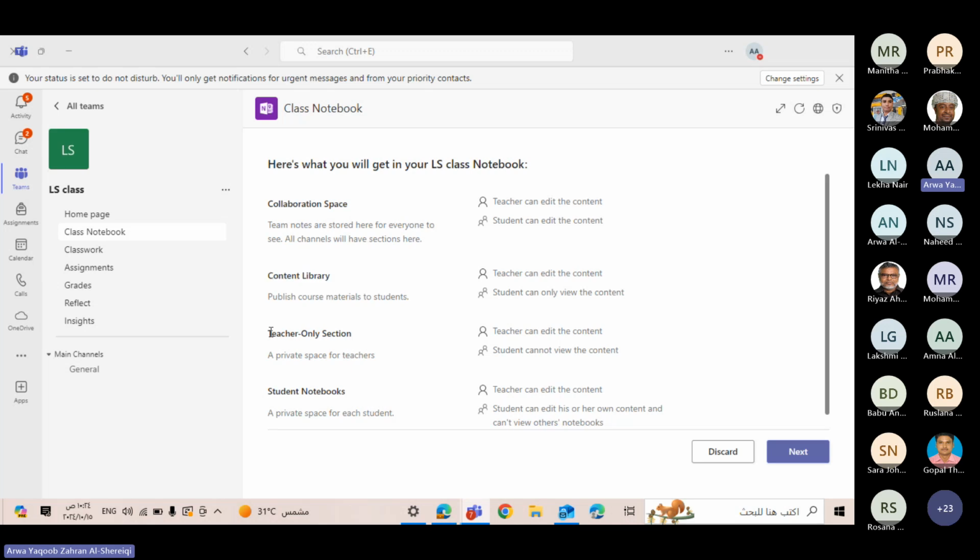And then you have a teacher-only section. It's a section only for you. Students cannot see it or get access to it. And then each one of the students will have an individual private space. Once you click on next,